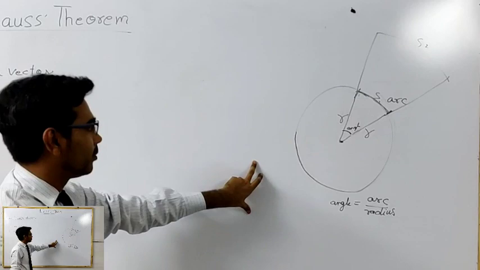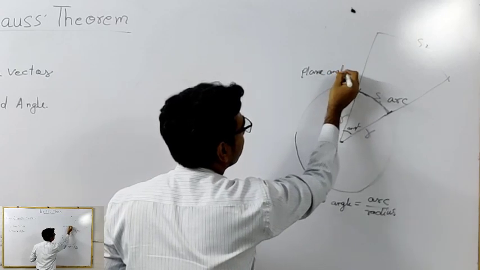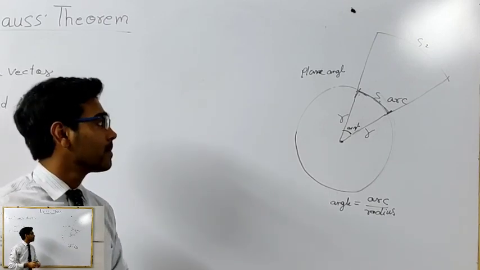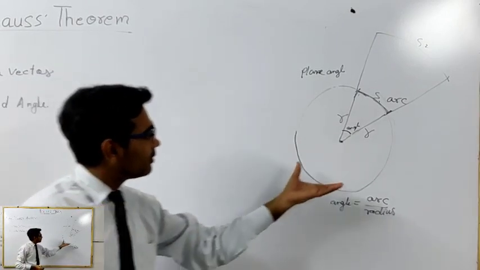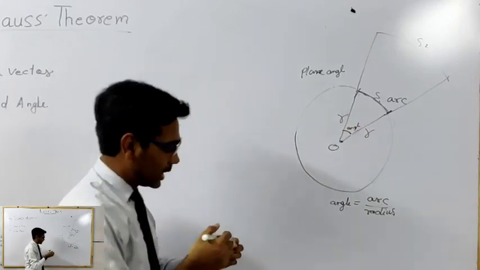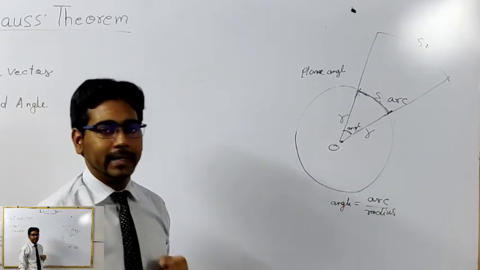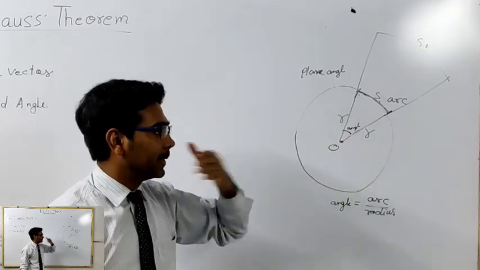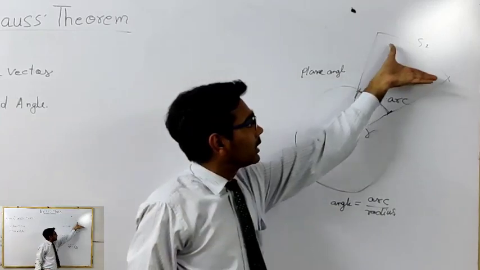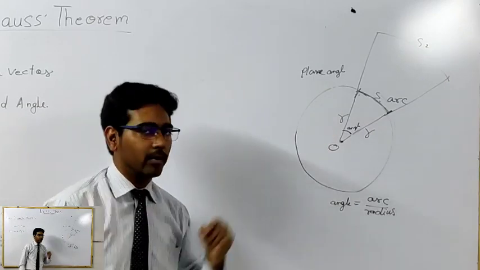This is all the story of your plane angle. This is not solid angle. Why am I teaching this plane angle? Because I am going to transpose this concept of plane angle to the concept of solid angle. We have taken a circle with a center O, with a radius R, and with an arc of length S, and we defined the angle as arc upon radius. One more thing: arc is proportional to radius. Greater the radius, greater will be the arc. That we can conclude from here.